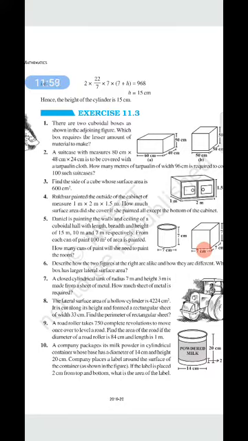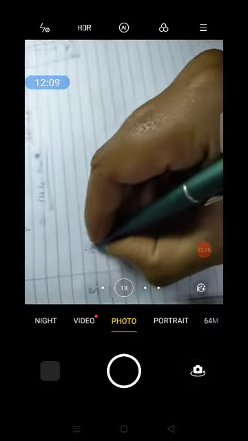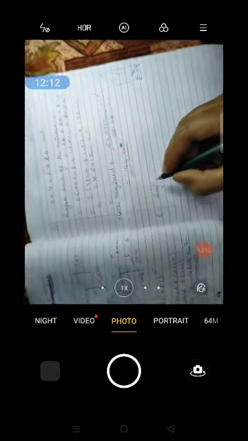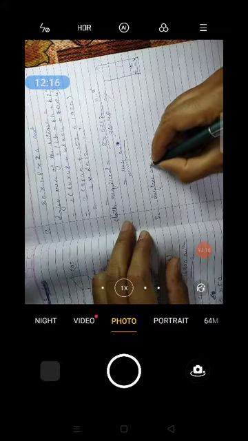Just in case, like the cube we solved just now, you need to find the side where the surface area is given. So we have already discussed this thing. So surface area